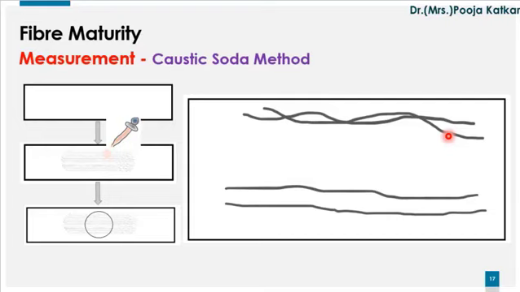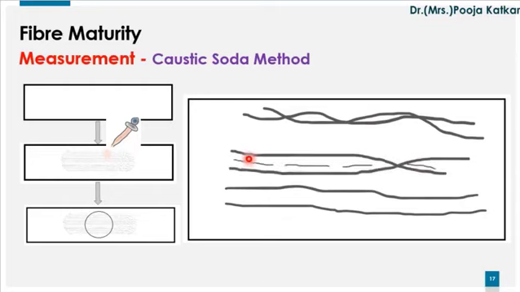Few fibers are there in between these two, which contain the cellulose in between the mature and immature fibers. And thus, you could get few fibers something like this, wherein very few convolutions will be there and you can observe a line in between the fibers. So such fibers you can identify as half mature fibers.